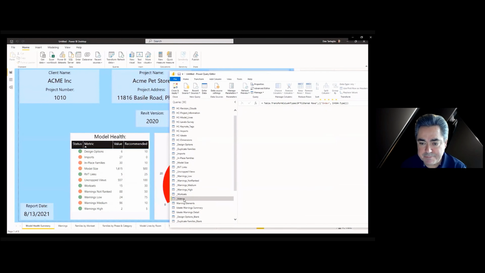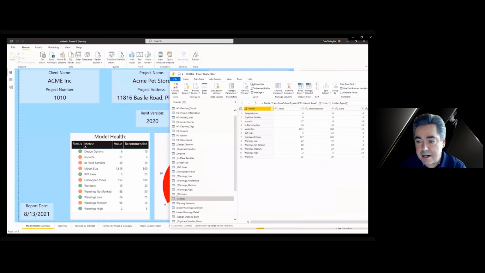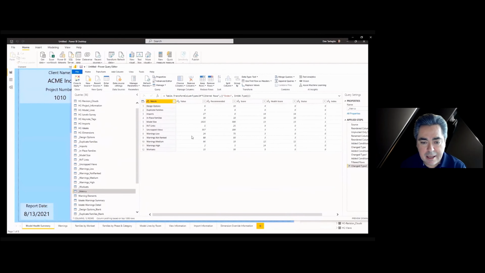If I click on the metrics table, you'll see a row for each one of the 12 metrics that I mentioned. And you'll see the value from Revit, and the recommended value from your firm. Then the score that would be assigned to the gauge if the metric failed, if it was a bad score, and then the actual score that we're going to be using in that gauge visual. So that's kind of where this is working from.